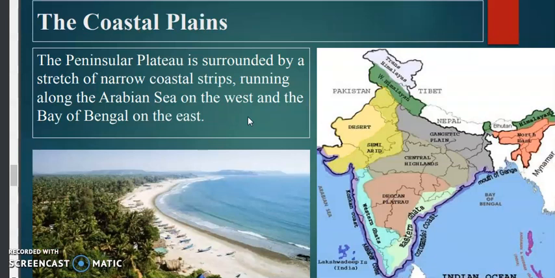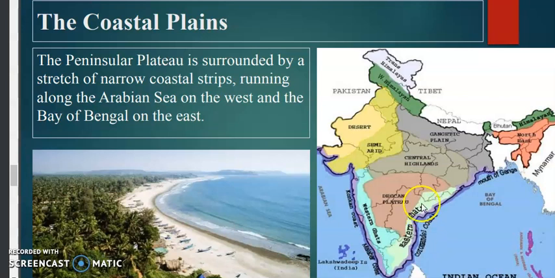Now the next one that we have is the coastal plain of India. The next physical feature is the coastal plain. This violet color you can see is the coastal plain of India. It starts on this side from West Bengal and on the western side from Gujarat. The peninsular plateau, you all know, includes the Deccan plateau, Central Highland, Eastern Ghat and the Western Ghat. Between the Arabian Sea and the Western Ghat, and between the Eastern Ghat and the Bay of Bengal, we have the western coast and the eastern coast of India.